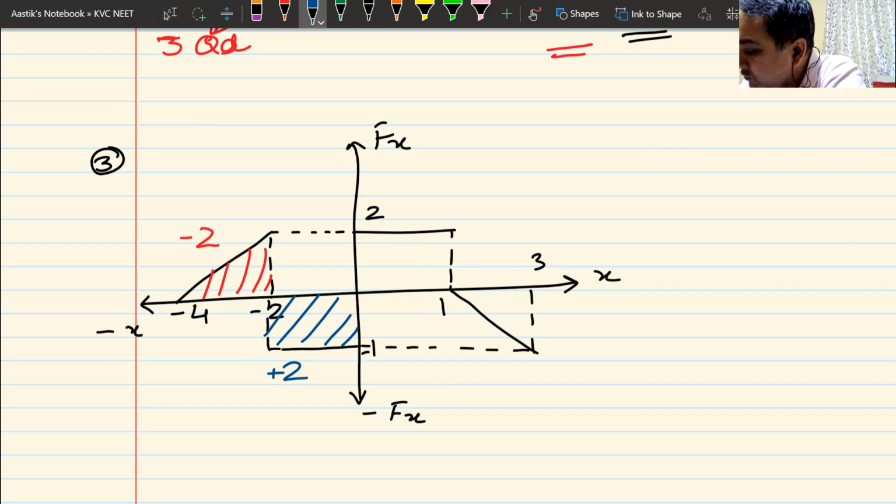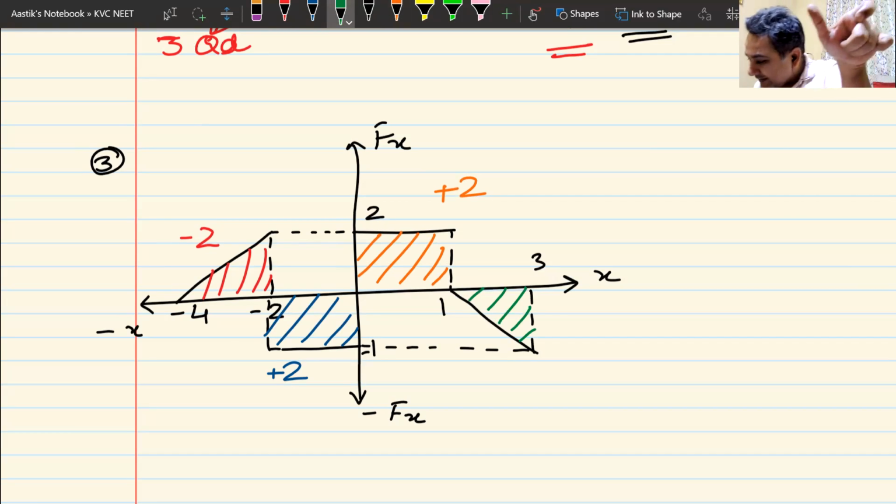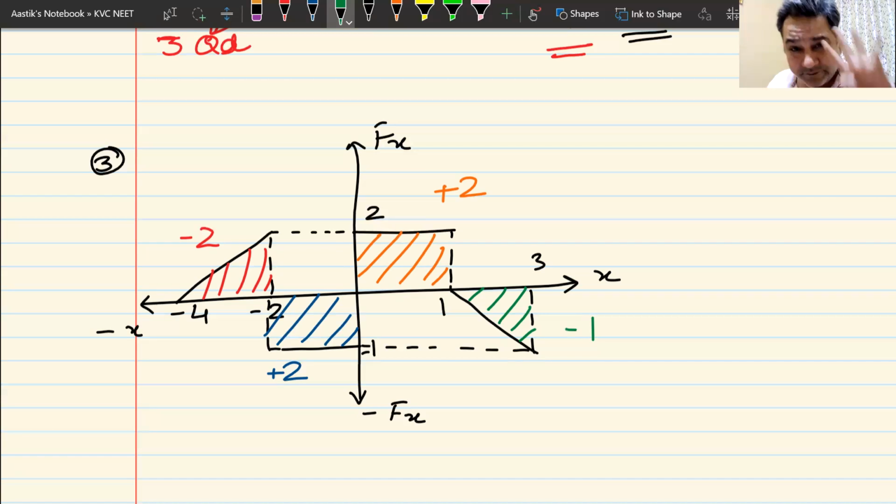Good. Let us now move on to the third one. This one, the orange one. One side is 2, the other side is 1. So answer is 2, plus or minus. This will not be a problem. This will definitely be positive because it lies in the first quadrant. Great. Come on, let us move on to the last one. This one. Base is 2, height is 1, half base into height, half 2 into 1. So answer is, I think, 1. Plus or minus? Minus, because it lies in the fourth quadrant.